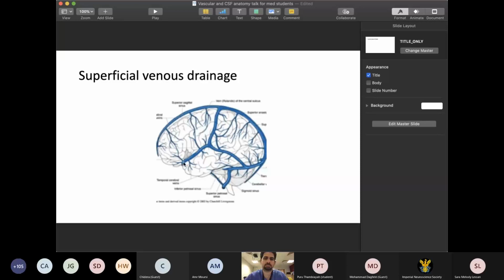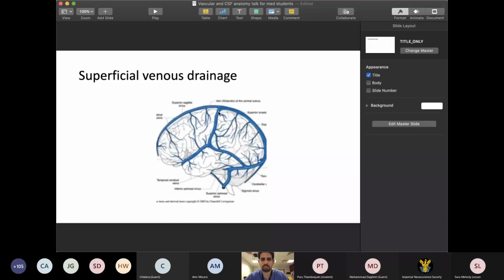Here you'll see a Mercedes-Benz sign. Now, the reason I've picked this is because these are the three main anastomotic veins of the cortex. And there are three. This varies from person to person. One may be more dominant than another, and when it is, the other two can be slightly smaller, but they have specific names. This is the middle cerebral vein, or the superficial cerebral vein, sorry, and then